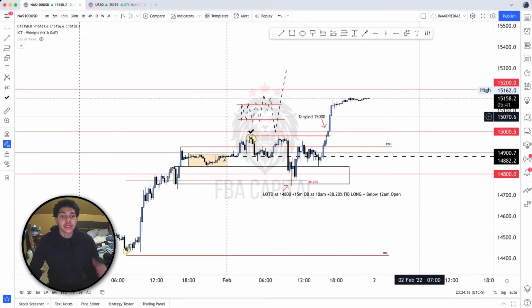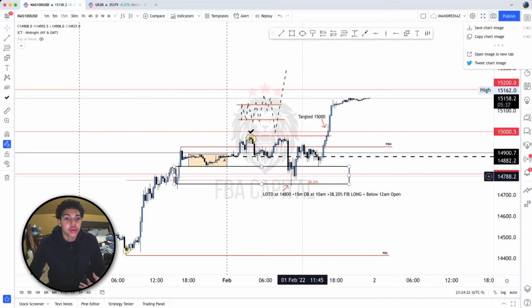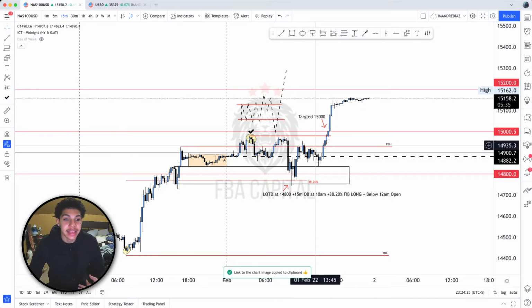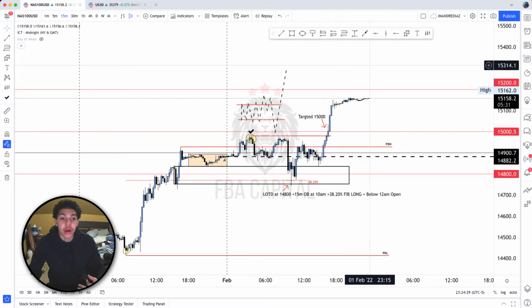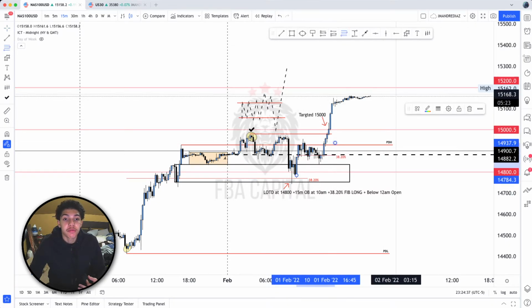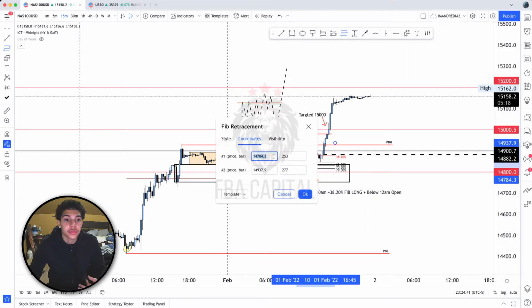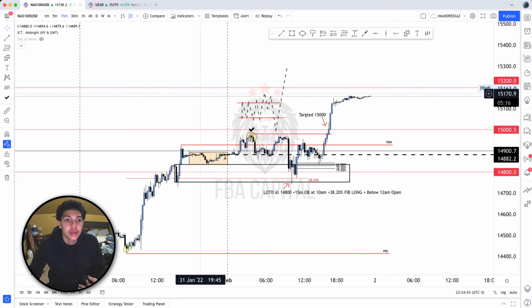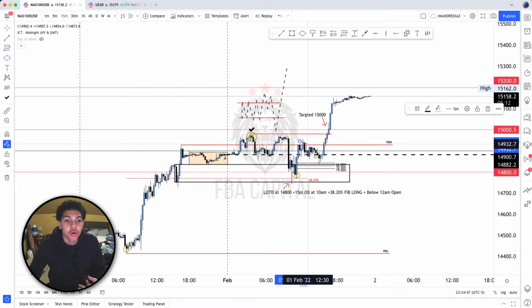So nonetheless, this was a nice little day. Nothing crazy happened. It was a pretty consolidating day. It didn't really move until later on in the afternoon, like probably 2 hours before Asian session. But if you would have held this all day long term, you could have potentially caught this. And even if you would have taken this step further and pulled that FIB from that low to this high, just like this, and would have just waited, you could have potentially looked to catch this overall retracement right here,